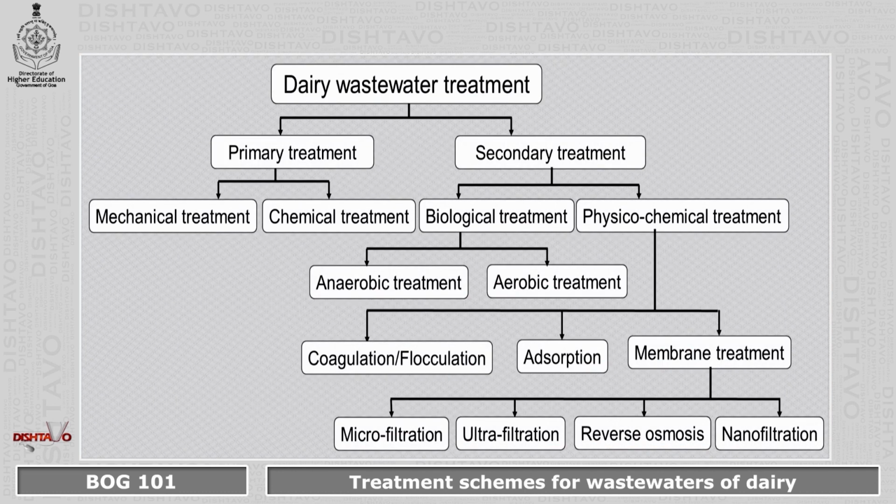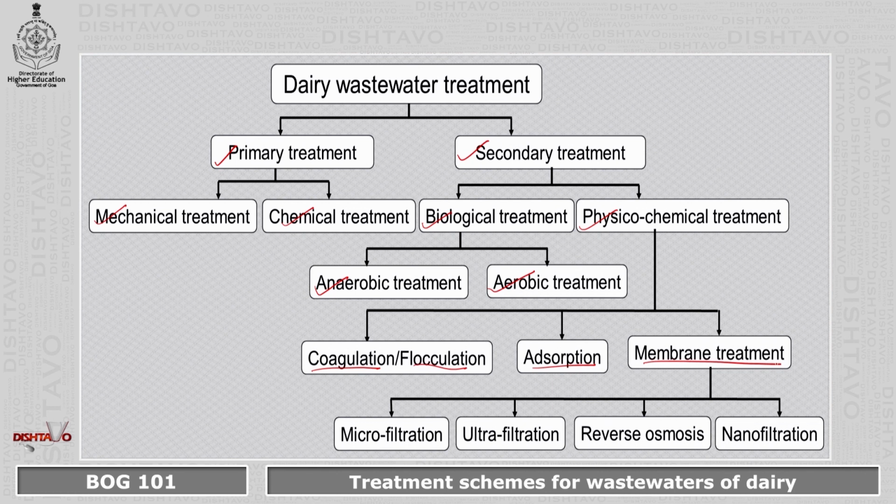So this is the flow chart which tells you about the major grouping of the different types of treatments which are employed in dairy wastewater treatment. So first of all, it is majorly grouped as primary treatment and secondary treatment. Under the primary treatment, we have the mechanical treatment and chemical treatment. Under the secondary treatment, we have biological treatment and physicochemical treatment. Biological treatments are classified as anaerobic treatment and aerobic treatment. Physicochemical treatments are divided into coagulation, flocculation, adsorption, and